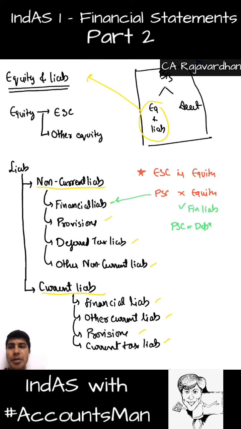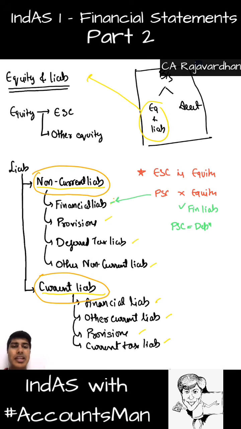And here the very important point that I want to draw your attention towards is, how do we distinguish an item as non-current liability and current liability? I'll answer it together after we discuss the assets also. So how do we distinguish a specific item as non-current and current? See, financial liability can be current as well as non-current. So when do we call it current and when do we call it non-current is something that we need to wait to look into. Other items we'll discuss in detail. Provisions we'll discuss as part of a separate Ind AS. Deferred tax also a separate Ind AS. You get that? Let's go to the next one.